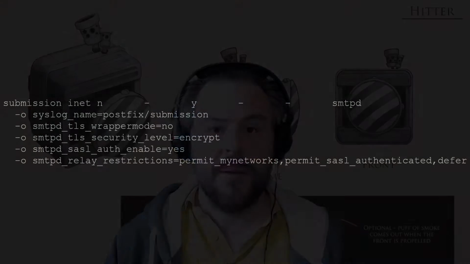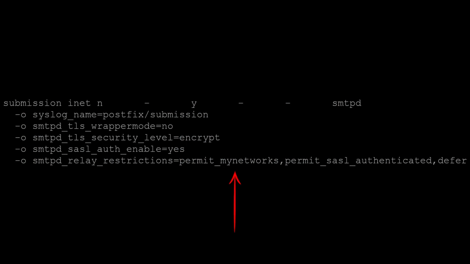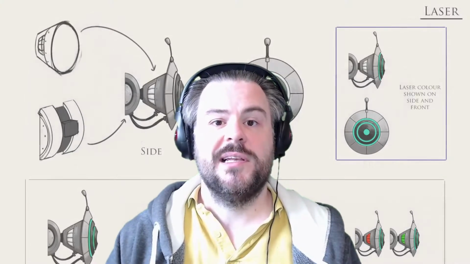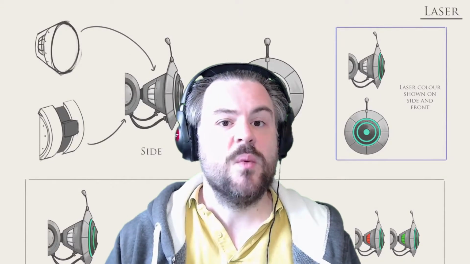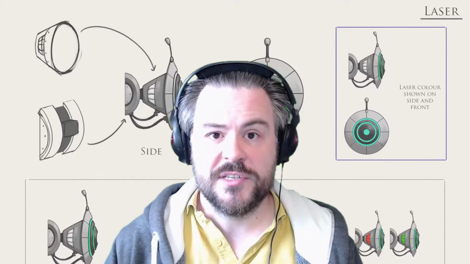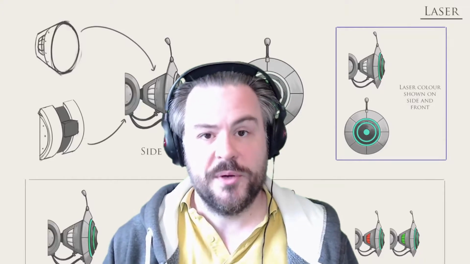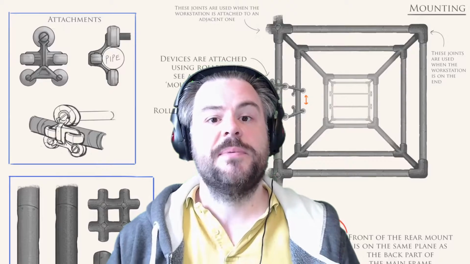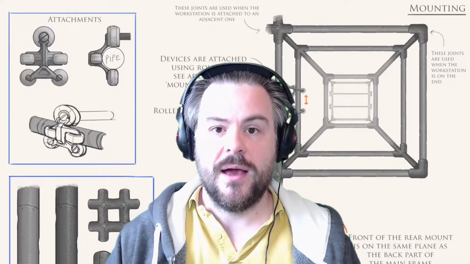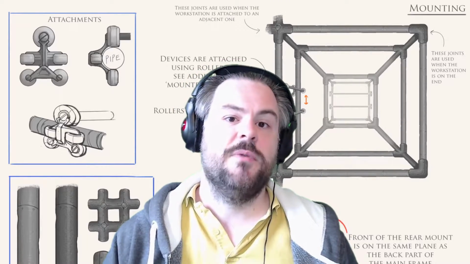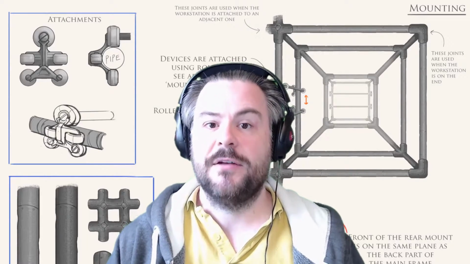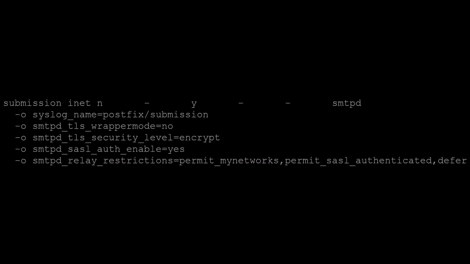The list of options controls what Postfix does, and it evaluates them from left to right. First of all, we have permit my networks. You can give Postfix a list of IP addresses, and it will always be willing to forward on emails coming from those IP addresses. By default in Postfix 3.0 and later, that is just the local machine. So this means that Postfix will accept any email that is generated locally. If an email passes that test, Postfix doesn't bother checking the rest of the arguments because it knows it can forward the email. If that test fails, it'll look to the next one, which is permit SASL